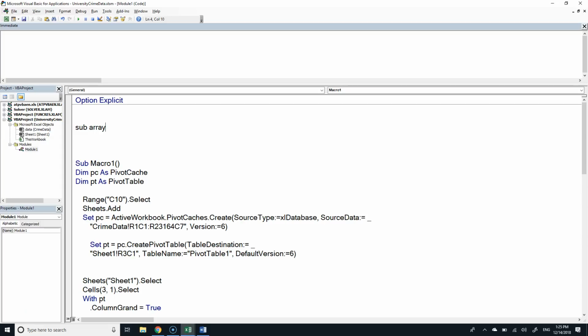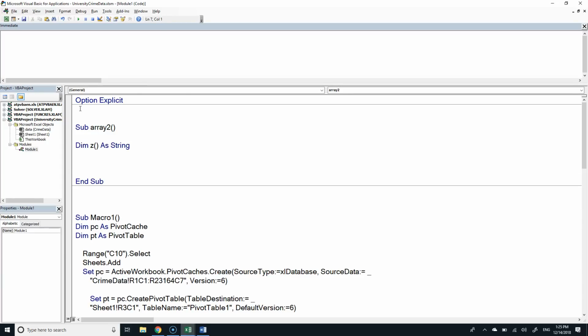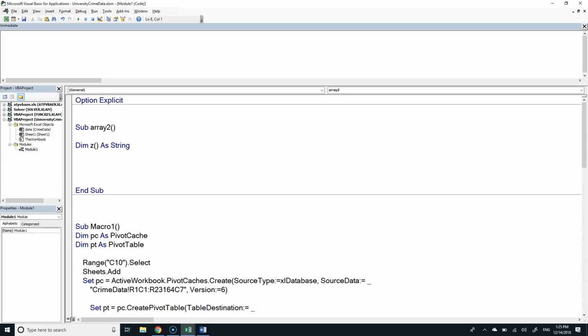Array. All right, if I'm making an array, Dim z as string, is that an array? Does that declare an array? Yeah, it does. What kind of array does it declare? It's not a zero length. The name of it's not so important, but you understand the concept. This is called a dynamic array.